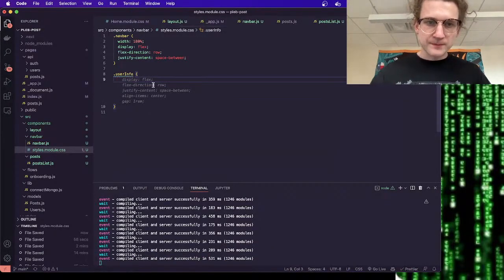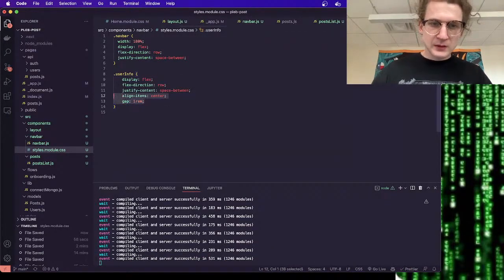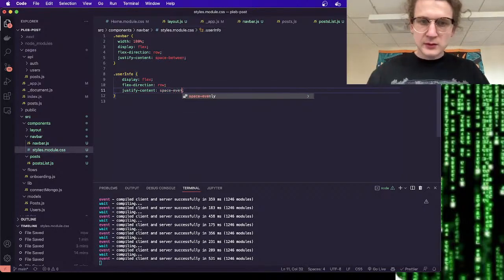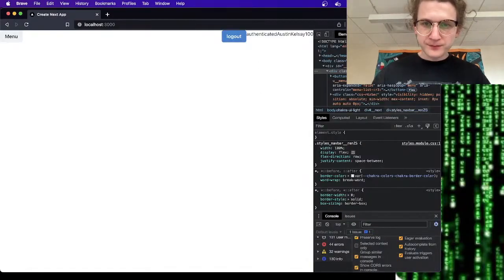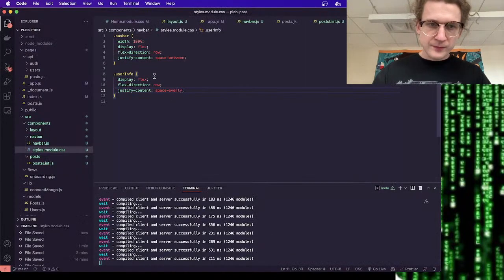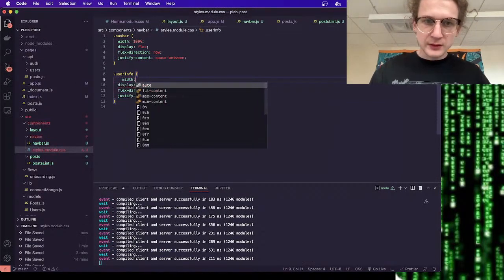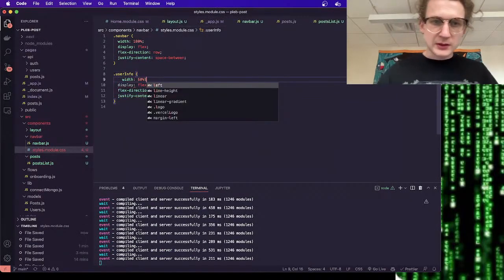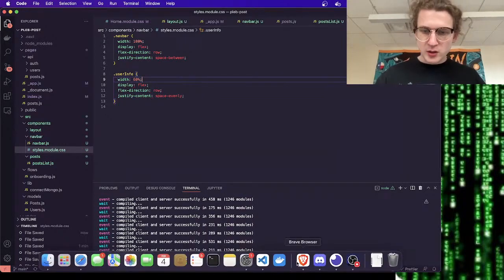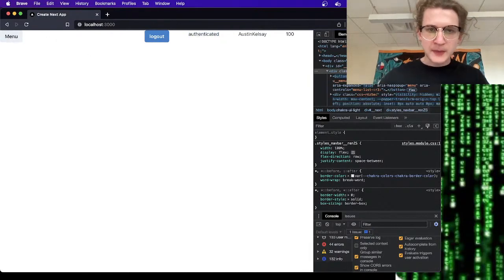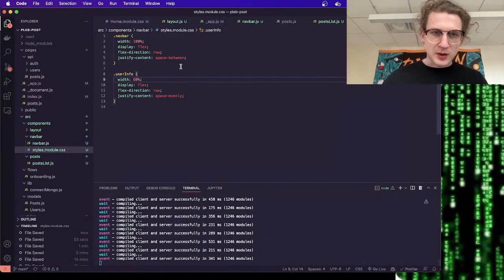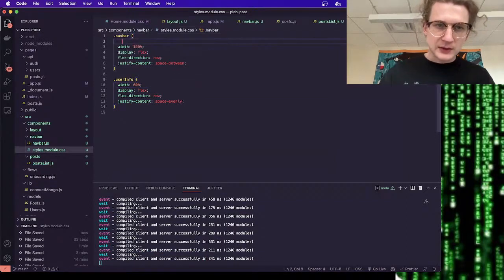Let's do something like this, but we'll say space evenly inside of this little div right here with 60% of our nav bar. Okay, looks a little bit better here. Okay, so that will be our nav bar for the time being, and let's just give this a background color,